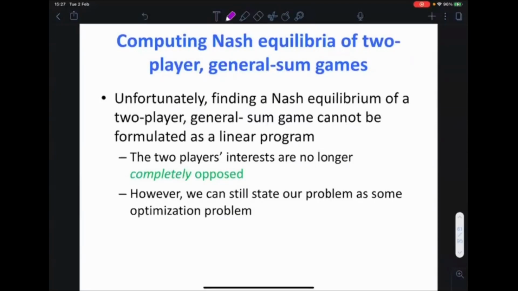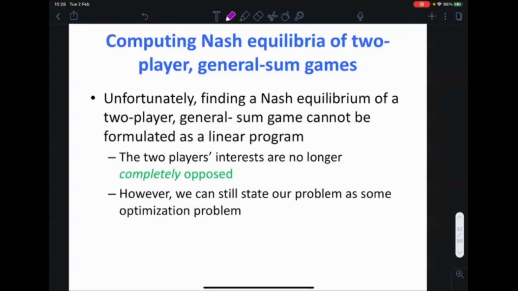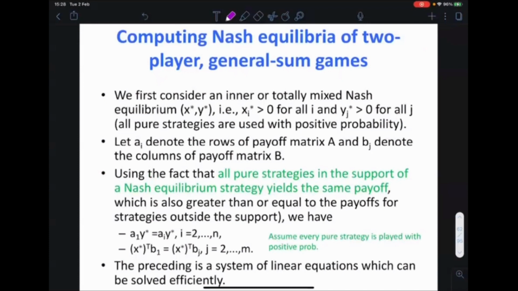Then we move to a more general setting, where you have more actions, or a general-sum setting rather than zero-sum. You can't solve it by linear programming, but you can solve it by a so-called linear complementarity program. So here is the observation: let's consider that we have a mixed Nash equilibrium, X star